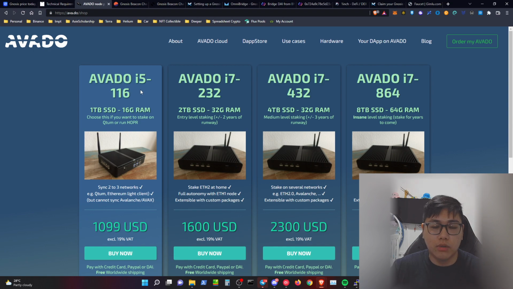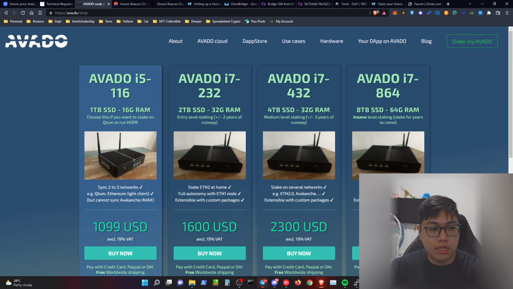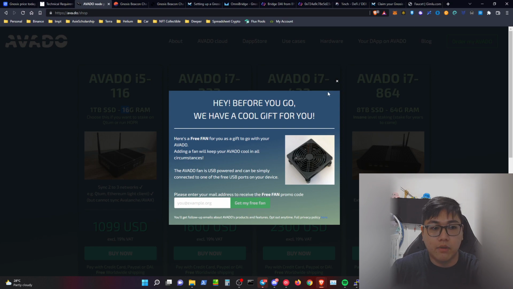running your own Gnosis validator itself, because the lowest tier, the cheapest right now, is $1,099. They are offering you 1 TB of SSD and 16 gig of RAM, and the recommended is 100 GB, which is more than enough. With 16 gig of RAM you have it sufficient here, and they are giving you a free fan if you want to, and plus on top of that, if you want to buy the device and run the